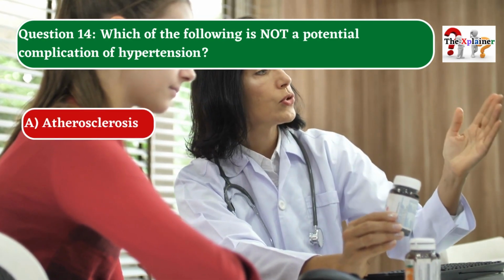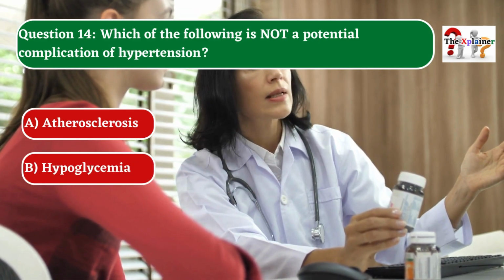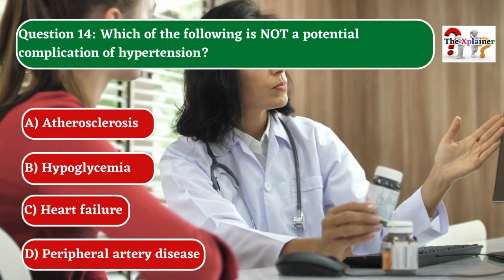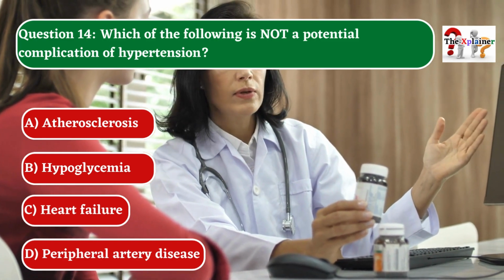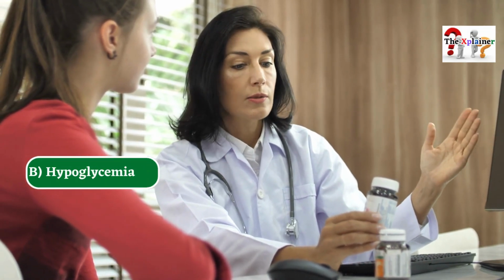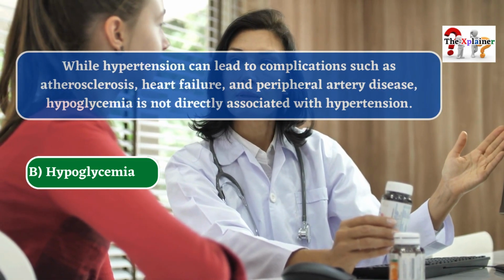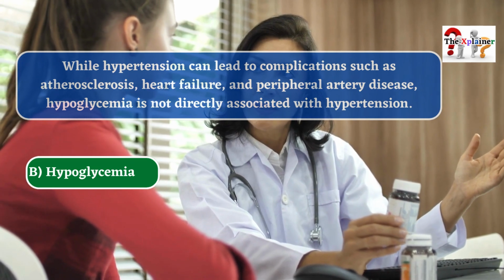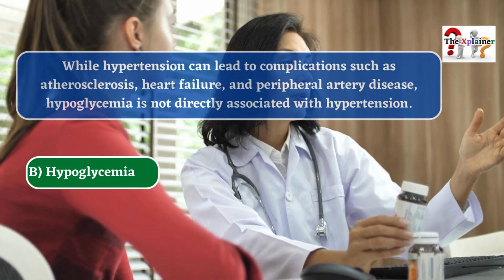Is it A. atherosclerosis, B. hypoglycemia, C. heart failure, D. peripheral artery disease? The answer is B. hypoglycemia. While hypertension can lead to complications such as atherosclerosis, heart failure, and peripheral artery disease, hypoglycemia is not directly associated